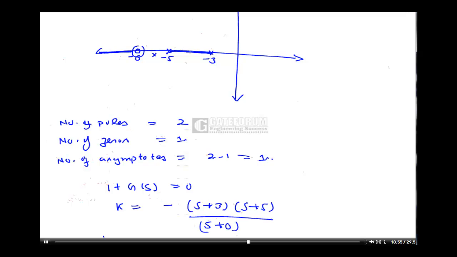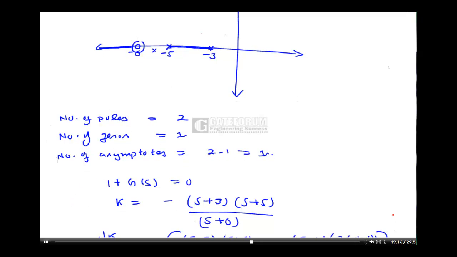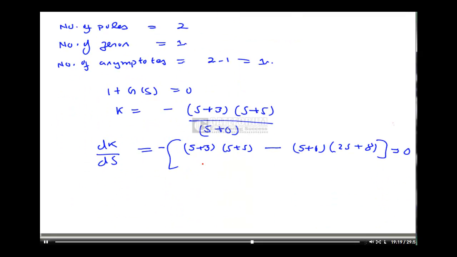So dK/ds is equal to (s plus 3)(s plus 5) minus (s plus 6)(2s plus 8). Okay, we have to equate this to 0. Whatever comes in the denominator is immaterial, because when this goes to the other side, it will become 0. So finding the roots for this,